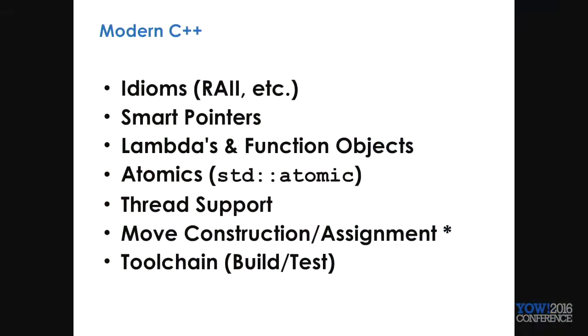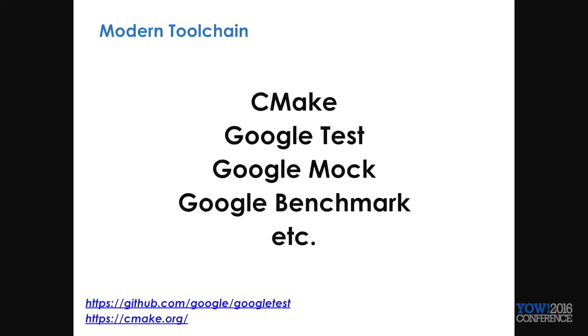And the tool chain for C and C++ has changed over the years. We actually have quite a few nice tools like CMake, which is used for very large projects and a lot of small ones. We have a whole set of Google pieces that are very good: Google Test, Google Mock, Google Benchmark. There's also things that have been around for a while, like Boost. Facebook has Folly, which is a set of Boost plus a lot of other features, and a lot of pretty good pieces. Quite a plethora of different things which are used within the tool chain and are fairly useful.